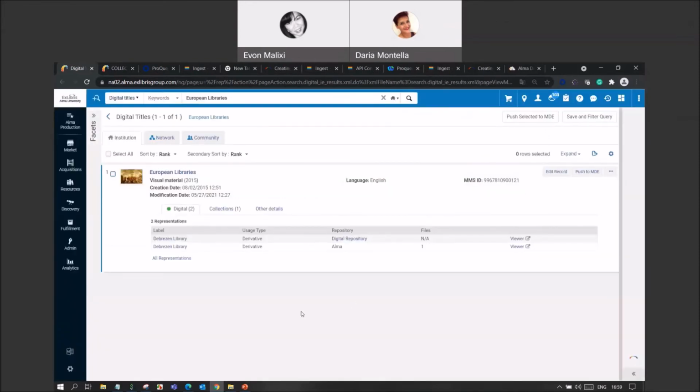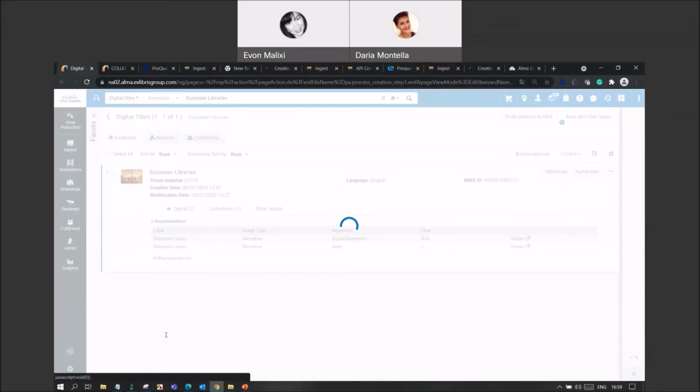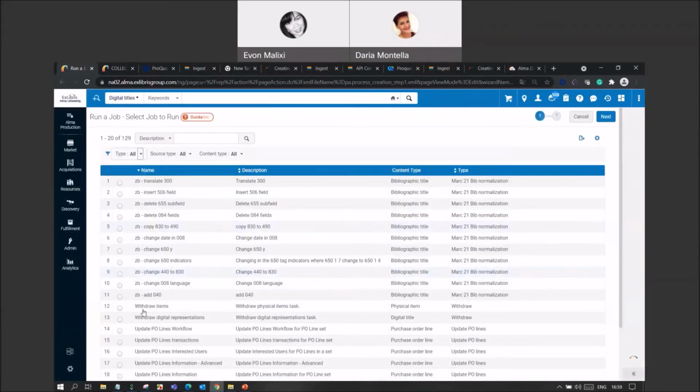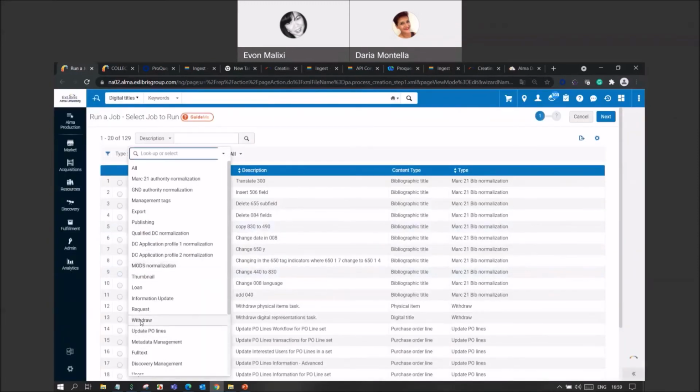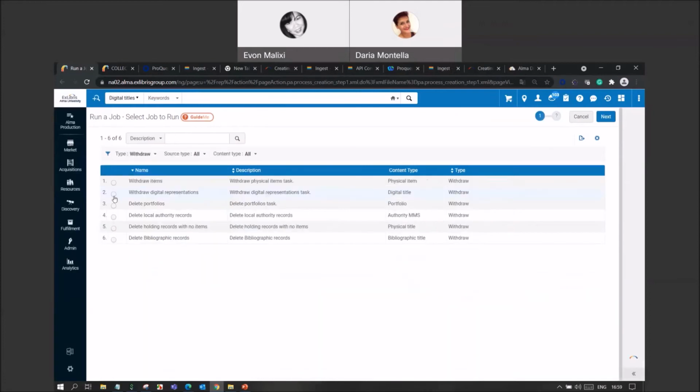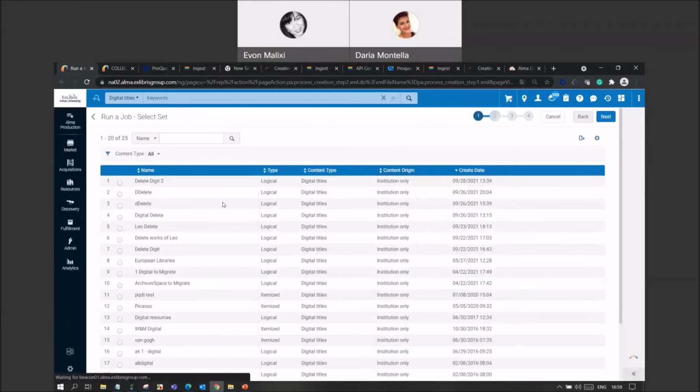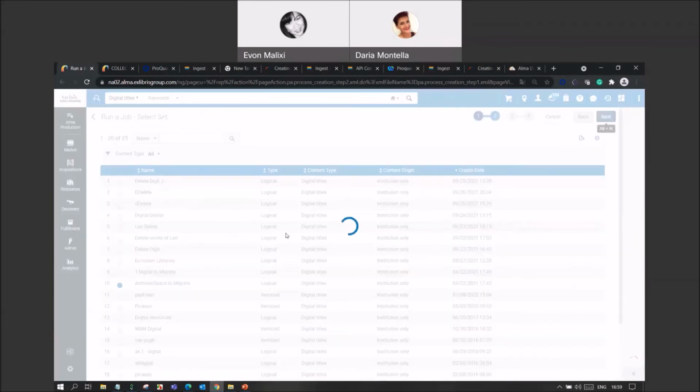What you need to do, you can clean this up by still using the same set and then running the withdrawal job. So this is what we call the two-way migration. Then you need to do withdrawal. And from here, you need to withdraw digital representation. You click next, you use the same set that you used for migration,